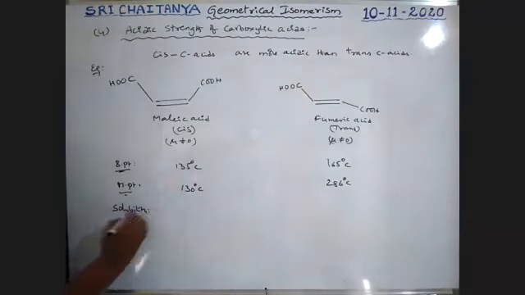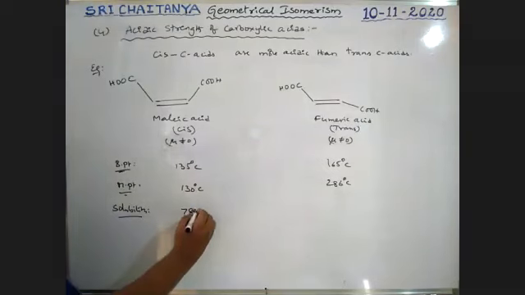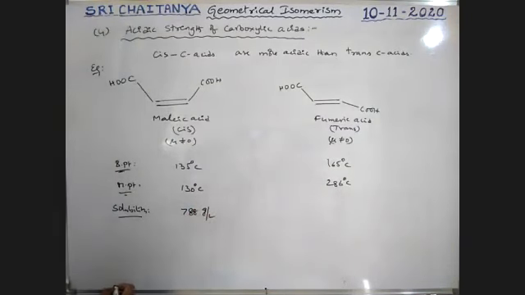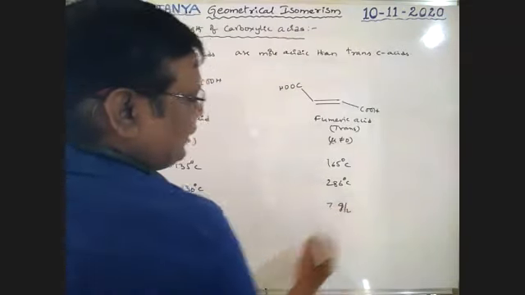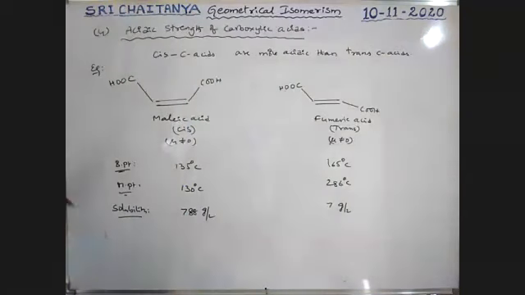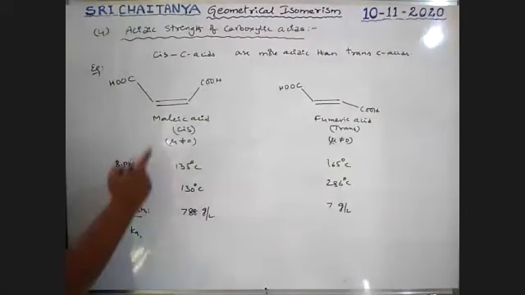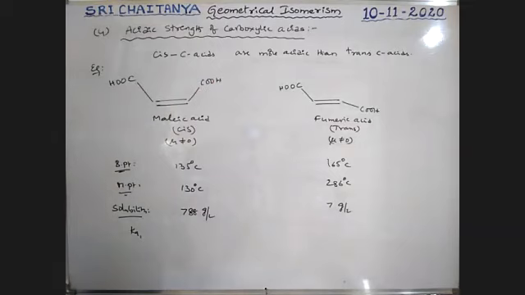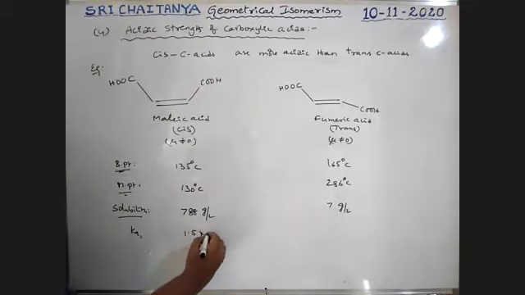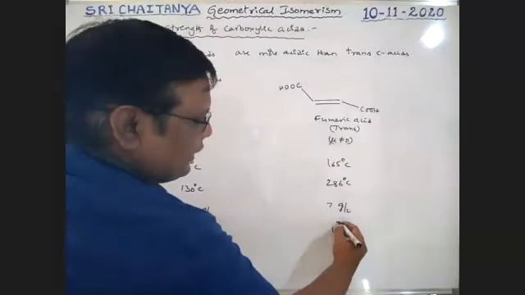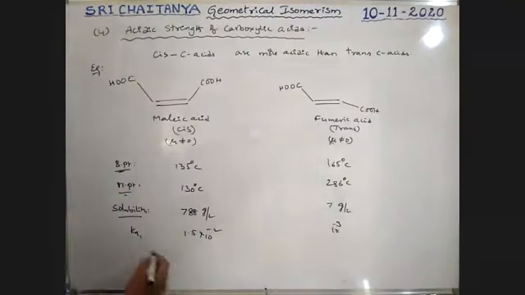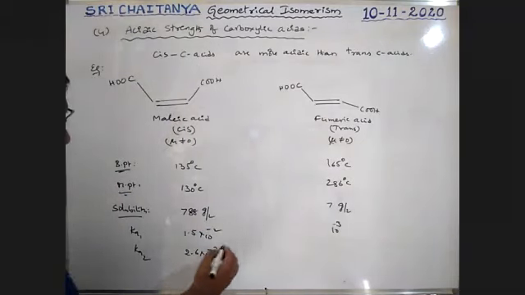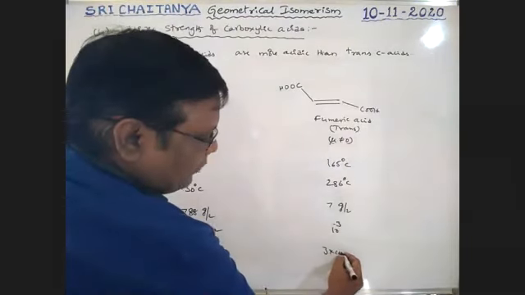Solubility. So solubility is 788 gram per liter, boys. 788. Okay, it is just 7 gram per liter. That means it has more solubility. Next, dissociation constant of the acid. It is a dibasic acid, boys, so two dissociation constants. Ka1 for that one is 1.5 into 10 power minus 2. It is 10 power minus 3. Ka2, second dissociation constant, 2.6 into 10 power minus 7. It is 3 into 10 power minus 5, boys.